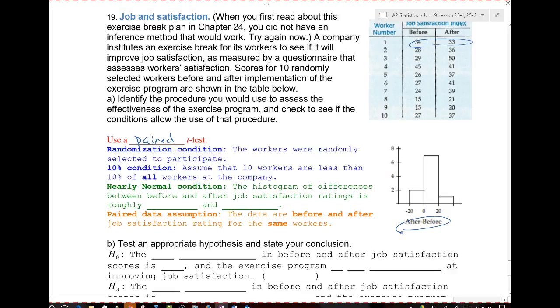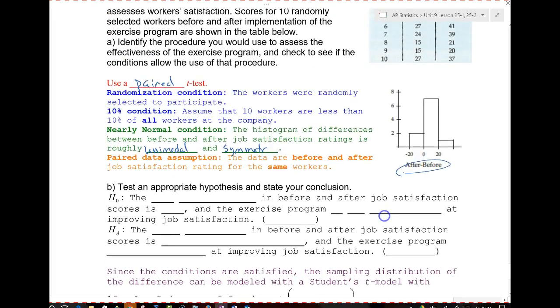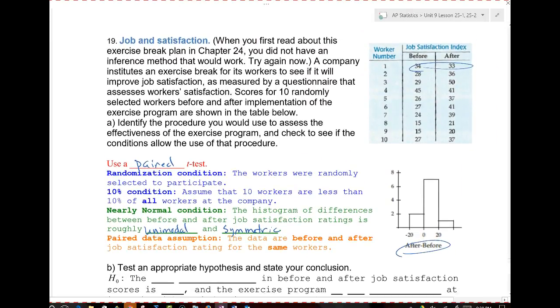The histogram, you could say, is unimodal and roughly symmetric, but it's nothing too exciting because there's not a lot of data there. But how in the world would I have gotten the fact that it was unimodal and symmetric if I didn't do the work before? Well, guys, this is when you can use your calculator to help you out. You'll put these in your lists. You literally could go